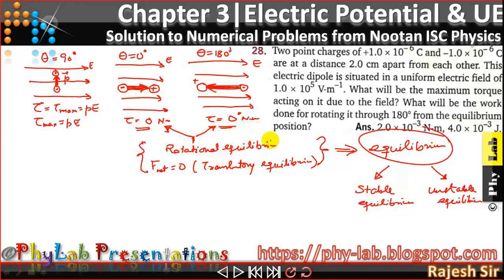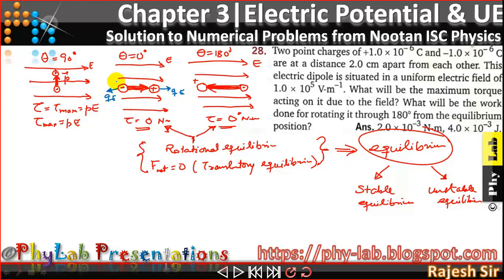We already know that whenever a dipole is placed in any uniform electric field, the net force is already zero. Why is the net force zero? Suppose somebody has got that doubt coming into his mind. So friends, this is a positive charge. Every positive charge when placed in an electric field experiences a force F equals QE in the direction of the electric field, and a negative charge will experience a force in the direction opposite to the electric field. So one force is directed along the direction of the electric field, and the other is directed opposite to it.